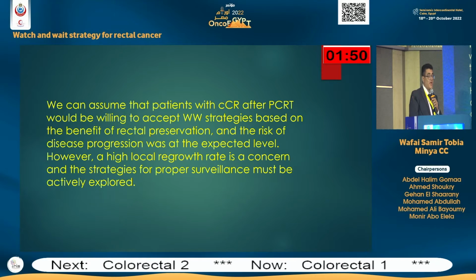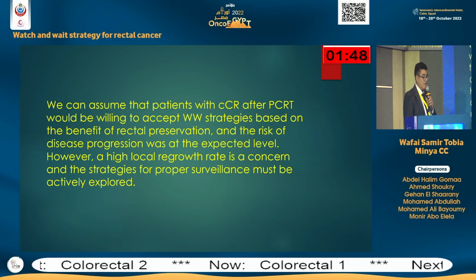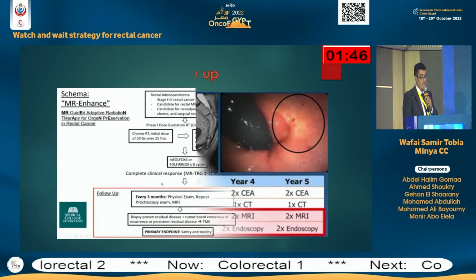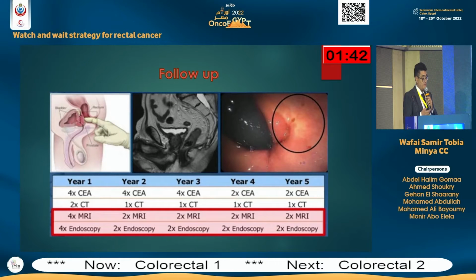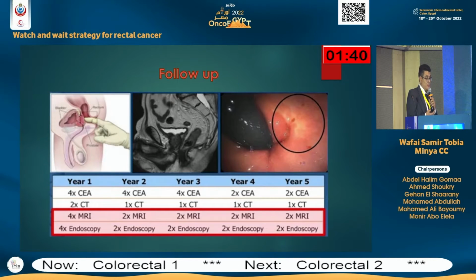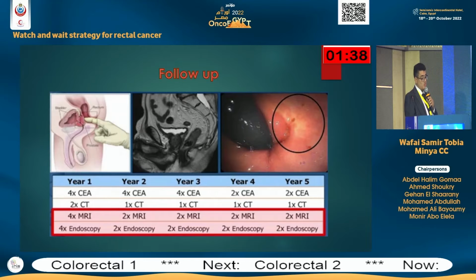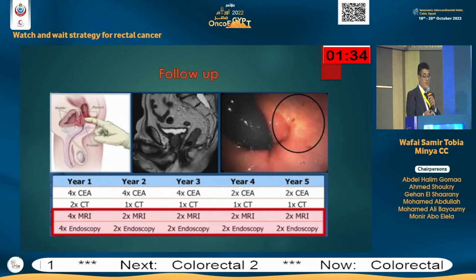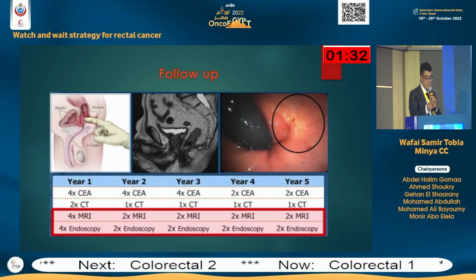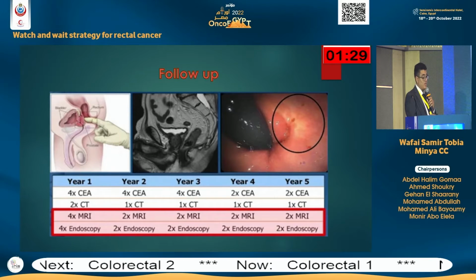السيرفيلانس اهم حاجه بقى برضو التشالنج الثاني، احنا هنتابع كل قد ايه وهنعمل ايه. هنا هنتابع كل 3 شهور، اول سنه كل 3 شهور بنعمل فحص بي ار والكولونوسكوبي والام ار اي بتاعنا والسي تي طبعا. تاني سنه بنعمل الفحص كل 3 شهور، يعني ده السكيما بتاعه الفحص. اول سنه بنعمل كل 3 شهور